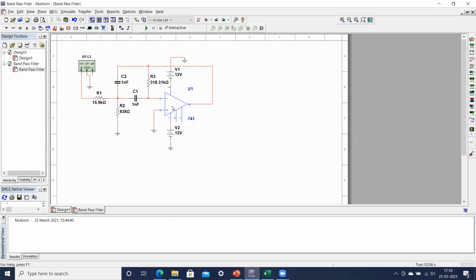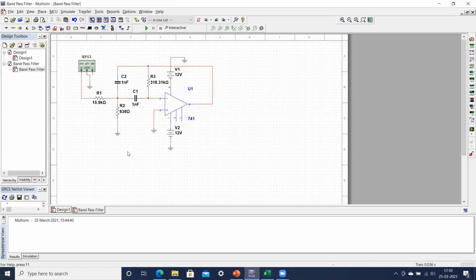With this op-amp we have certain connections. I have used two capacitors, so it is an RC filter. We have two resistances over here and another resistance connected over here, so basically it consists of three resistances, R1, R2 and R3, and two capacitances, C1 and C2. This is the basic design you may find in any of the books while designing the band pass filter.